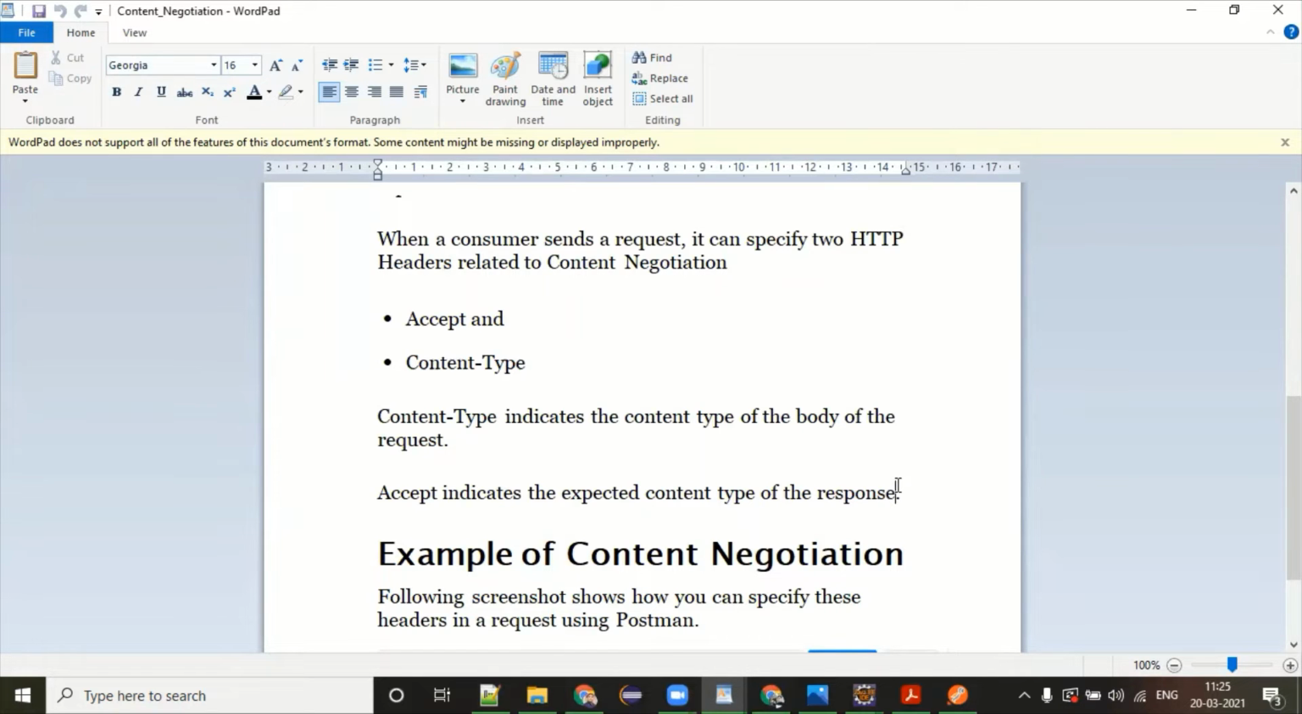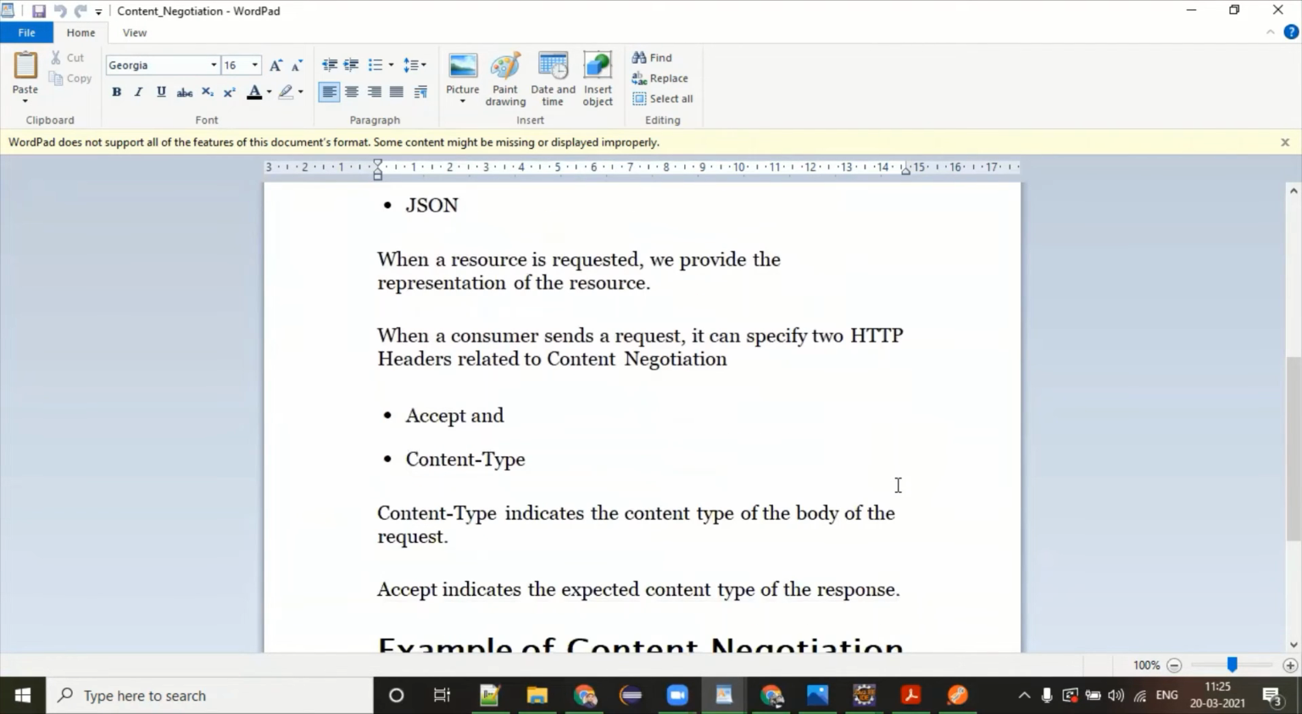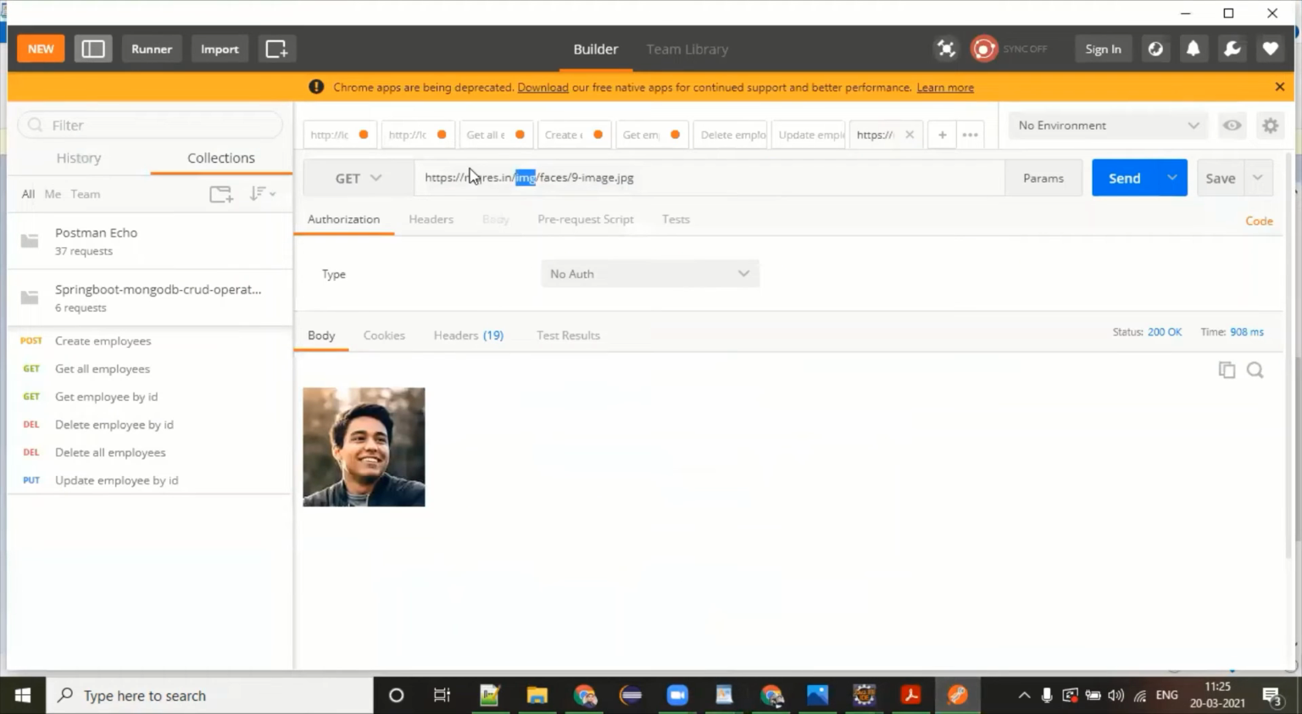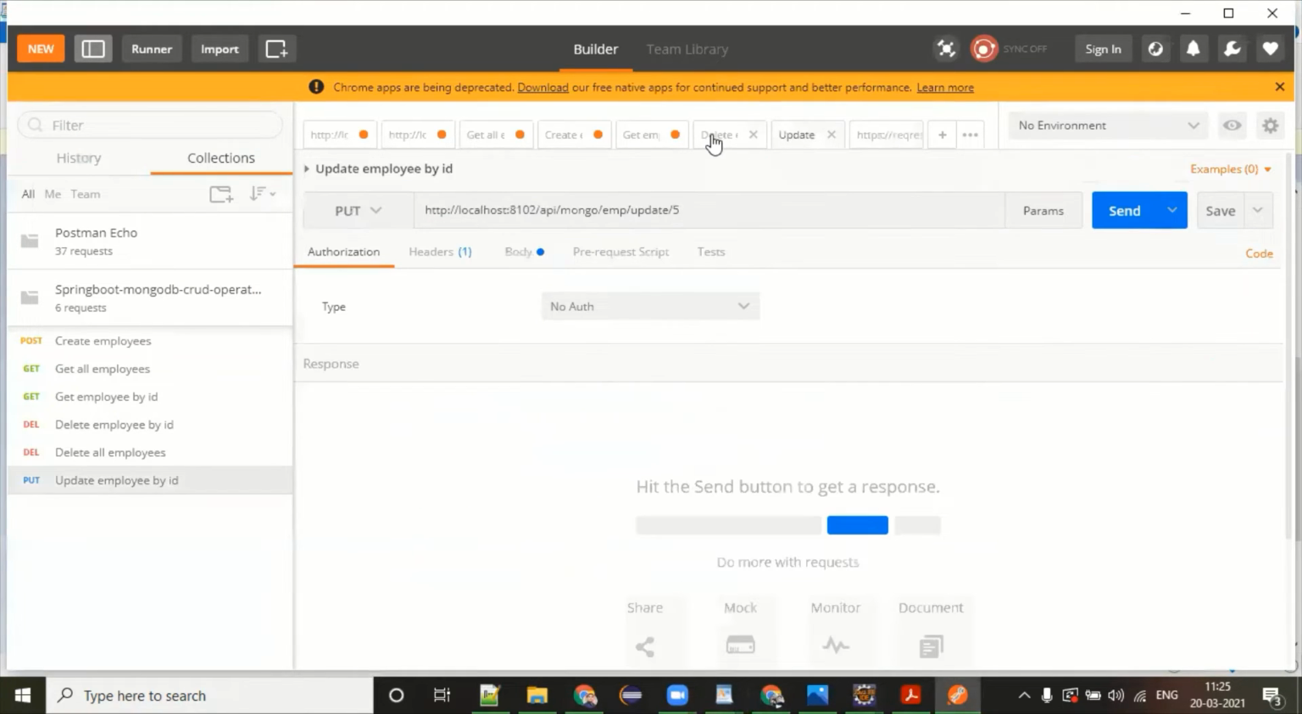Ideally, when a consumer is making a request, it has to come according to the guidelines of the provider. So usually we are providing the accept header and something like that, you have noticed or not. But if you look at